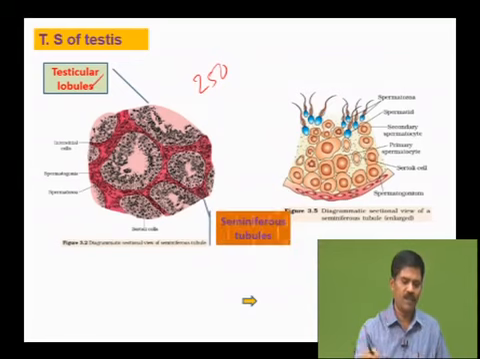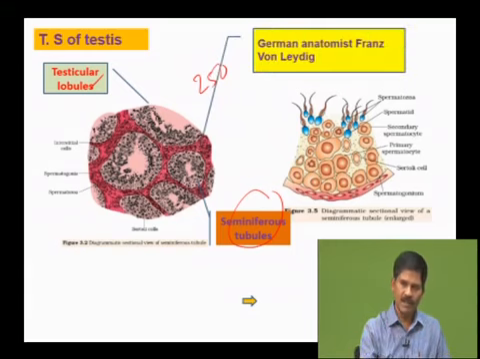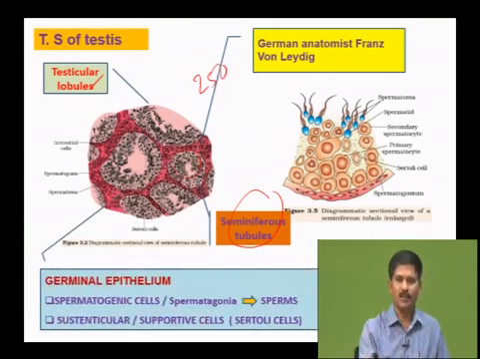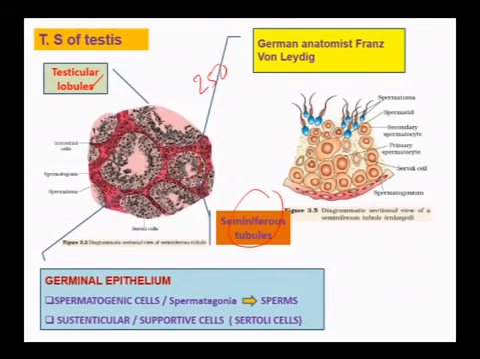are called seminiferous tubules. So seminiferous tubules are the structural and functional unit of testis. The interstitial cells located between these tubules are called Leydig cells, which secrete a male androgen or sex hormone called testosterone. The epithelial cells lining these seminiferous tubules is called germinal epithelium. So germinal epithelium is made up of two groups of cells, namely spermatogenic cells or spermatogonia, which on spermatogenesis give rise to sperms. And second group of cells are